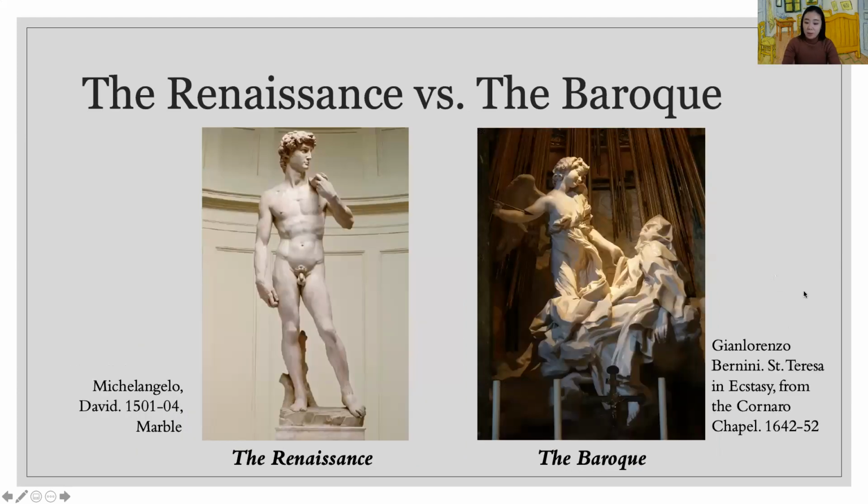And now look at the sculptures. The left one is Michelangelo's David statue in the Renaissance era. And the right one is Gian Lorenzo Bernini's Saint Teresa in the Baroque era. Of course, these two sculptures are amazingly beautiful and reached the highest technique in fine art. But the first feeling for these two sculptures is totally different. It's like they tell a story.